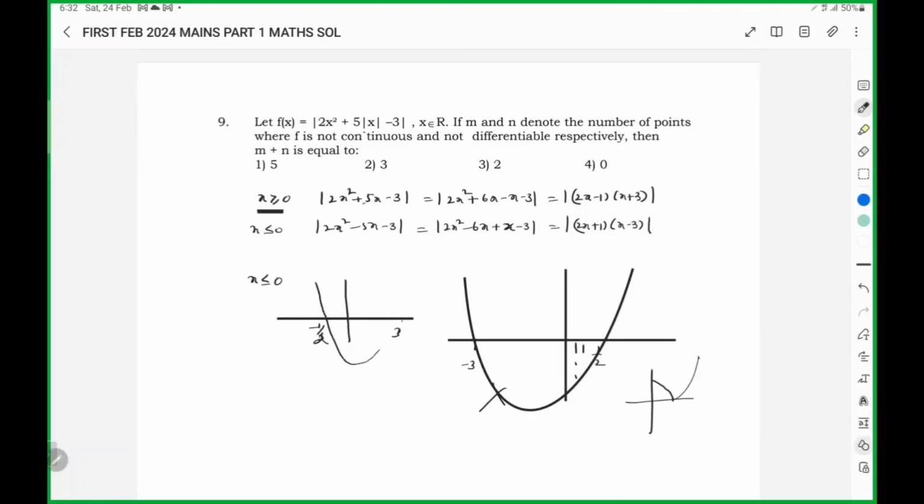So the graph becomes like this, but it is defined only for negative x. So the positive part is removed. So then you have a graph like this. And this negative part becomes positive because modulus is there. The final graph will be